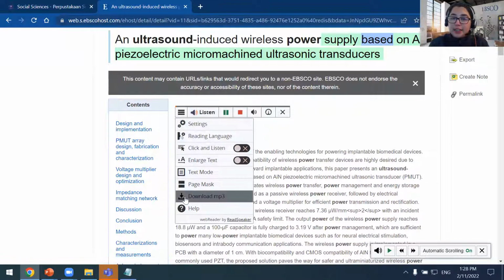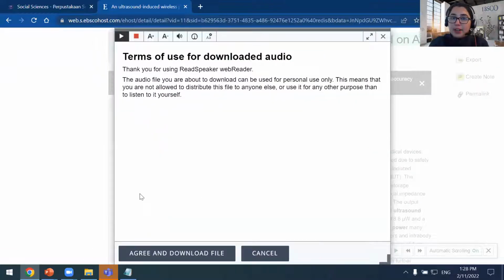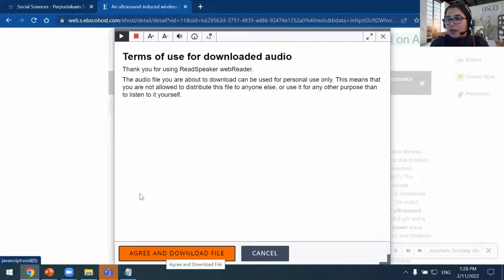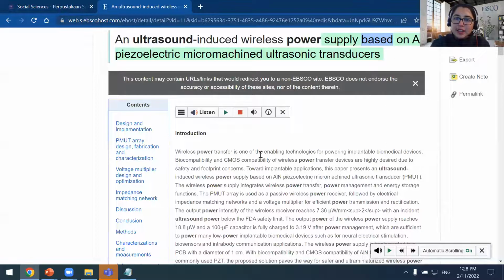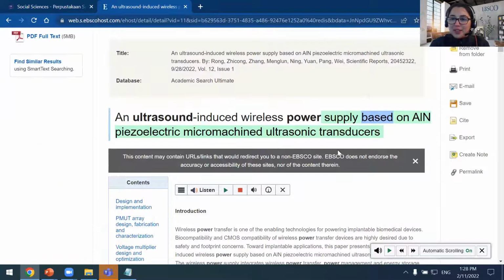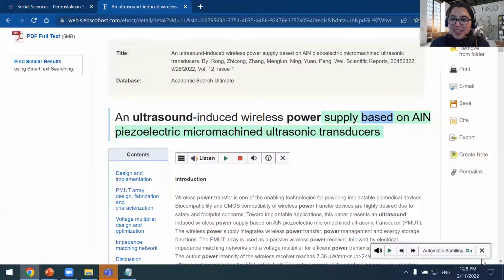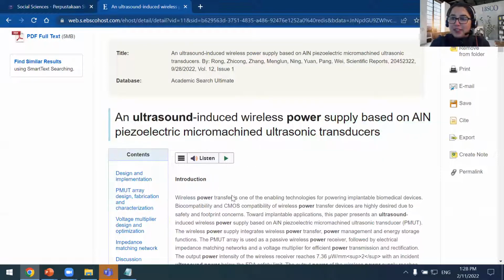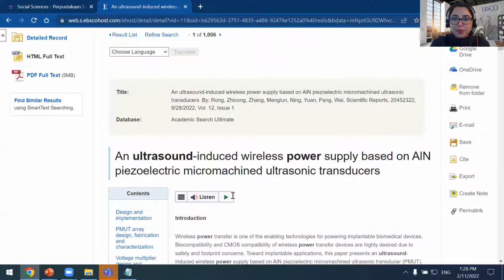And if I scroll down, there's the ability to download this file as an MP3. So I could store it and I could be going for a walk or be commuting on transport and I could listen to this, say, for example, on my way to the college or whatever it might be. So you can definitely also download the audio if you prefer.